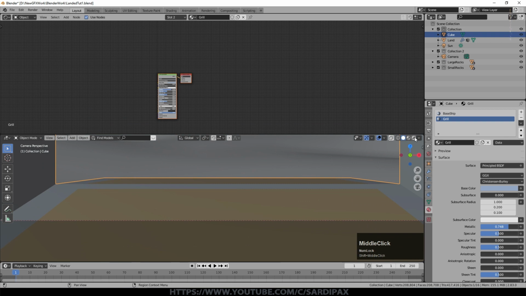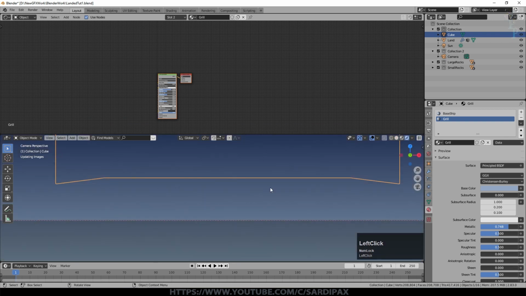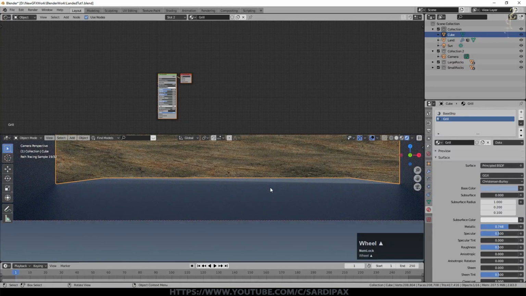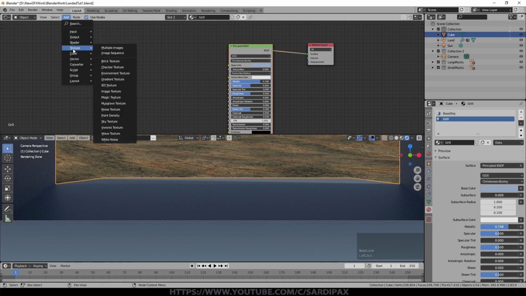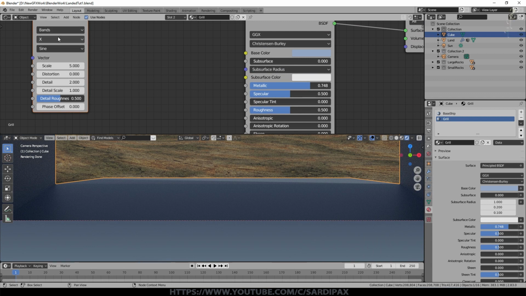So we've got a basic material for the ship. I haven't played around with it very much yet, but it's a basic, very clean metallic material. And the grill's the same look at the moment. You can't see any difference. So I'm going to start off by adding a node under textures, which is a wave texture. I'll accept the default of bands, X and sine. I'm going to go with the values I used originally, but I may need to tweak those. So 26 for the scale. Everything else I left at default.